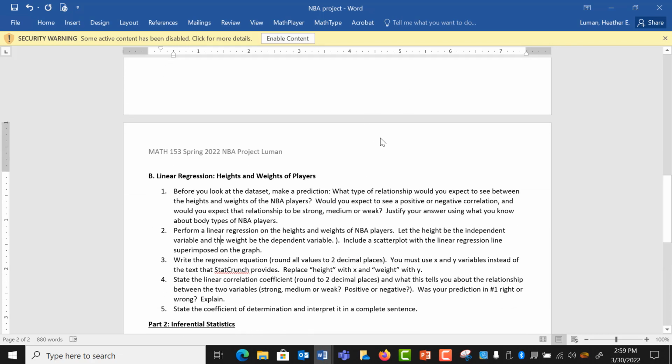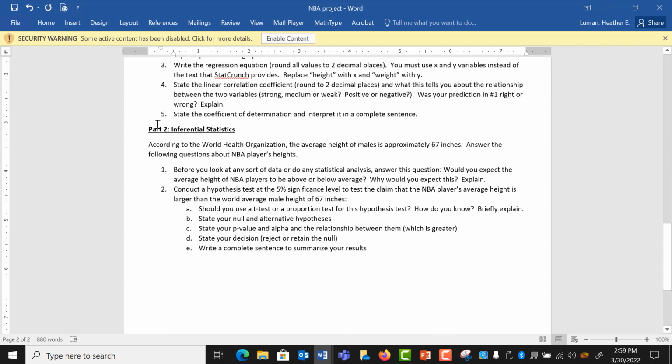So, you guys will be talking about actual real people, and you're talking about NBA players, not superheroes. But again, the prompts are the same. The way to do things in StatCrunch is the same. All right, so then part 2 is the inferential statistics part where you're asked to create or conduct a hypothesis